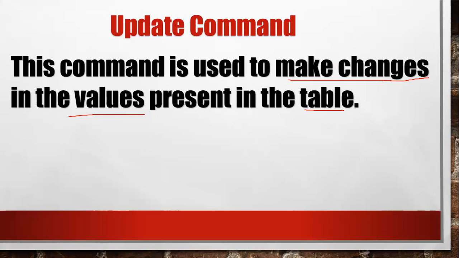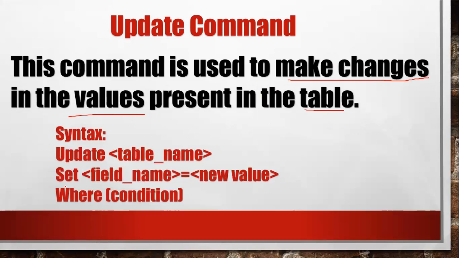Okay, what is basically the syntax of this update command? The syntax is that you have to write update, then you have to write the table name, right? As I told you earlier, in the syntax, anything written within the angle brackets means that that value can be changed in the command. Obviously the update word will remain the same, but over here we will write the name of the table which we want to update, so that can be changed, right? Then we have to write set as it is, then the field name which we want to update, right?